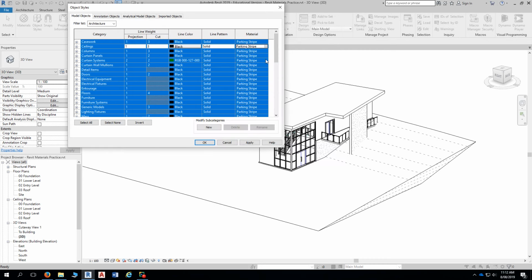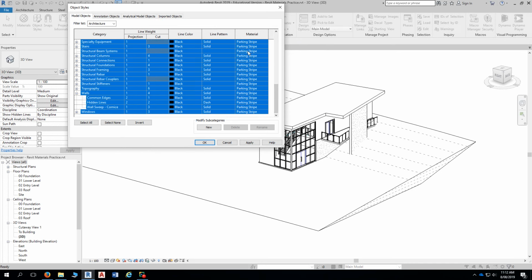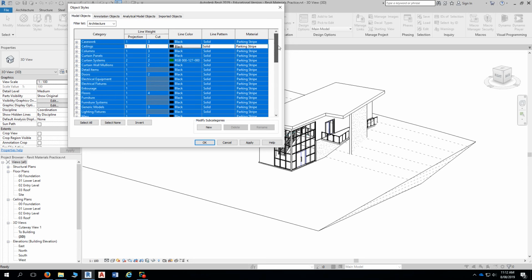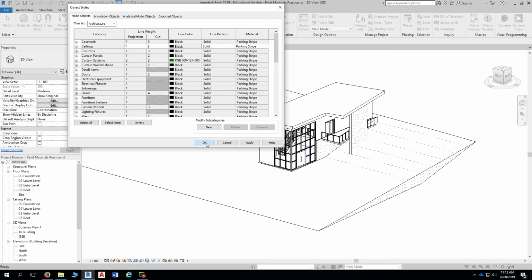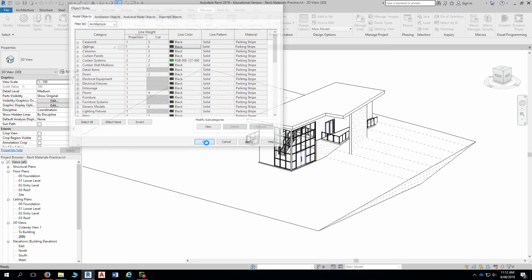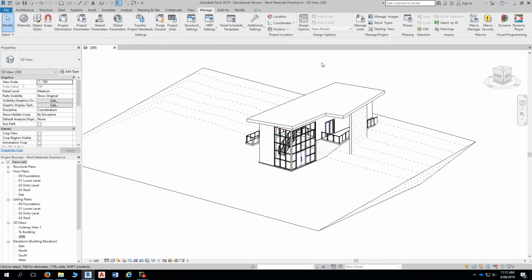So it's now assigned that material to all categories. All right, everyone following? Okay. So click OK on that one. And OK. Now, by the way, there may be